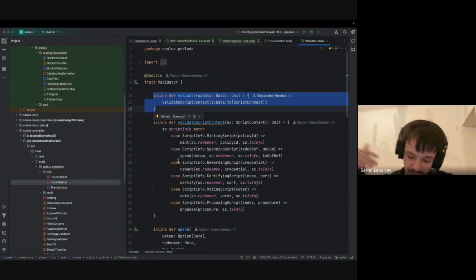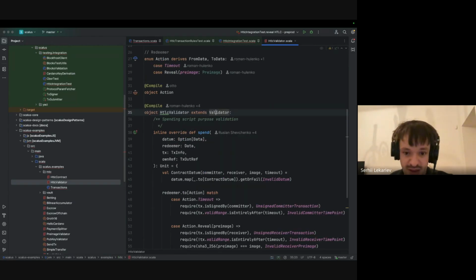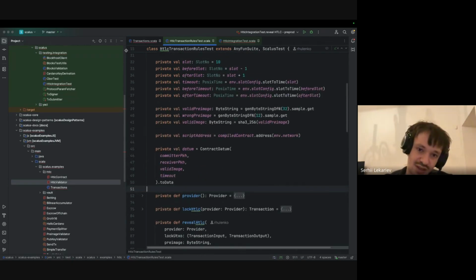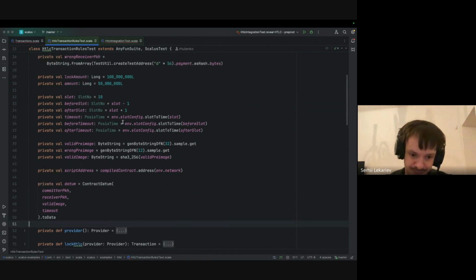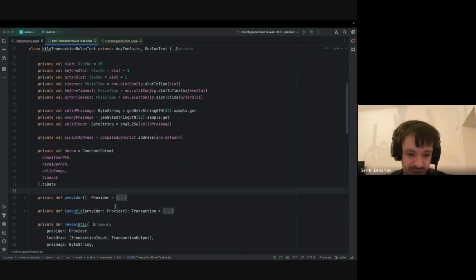However, if you want to actually do the transaction, assemble it, and then have it run somewhere, well, you have to run it somewhere. And for this, Scalus provides you with several options. The first one and the fastest one, and the one you're probably going to be using the most when actively developing whatever the thing is that you're developing, is to do it locally against a Scalus, I would call it a ledger view. You can call it something else, but the gist of it is